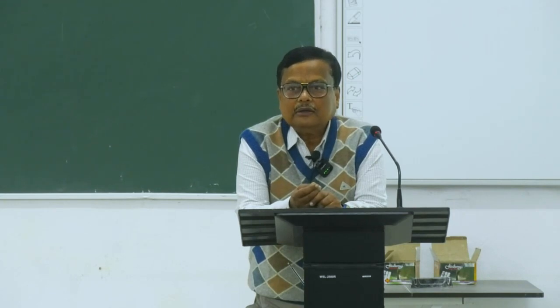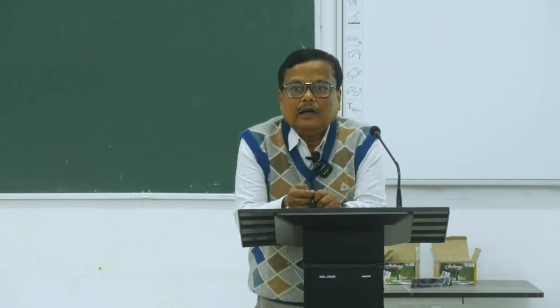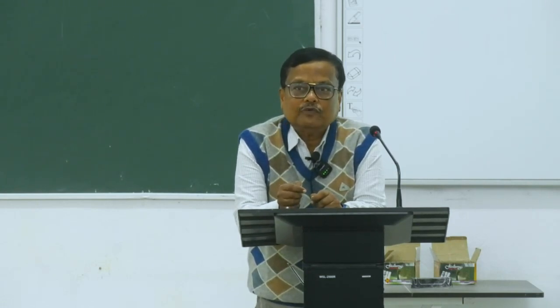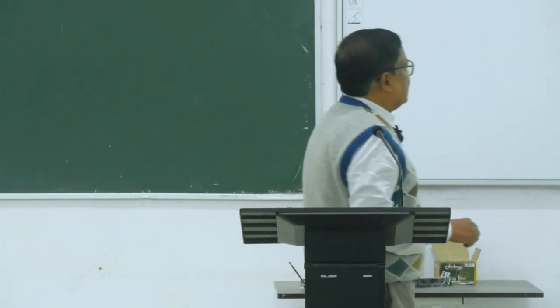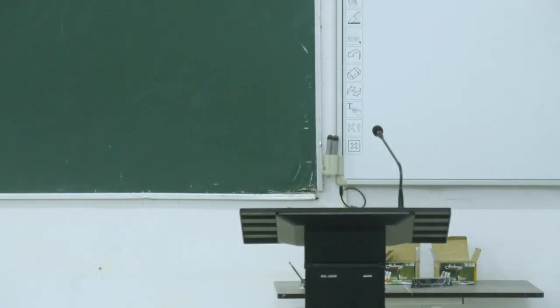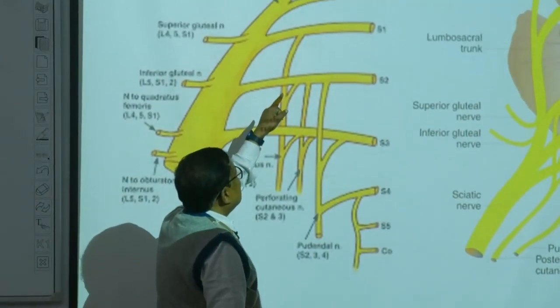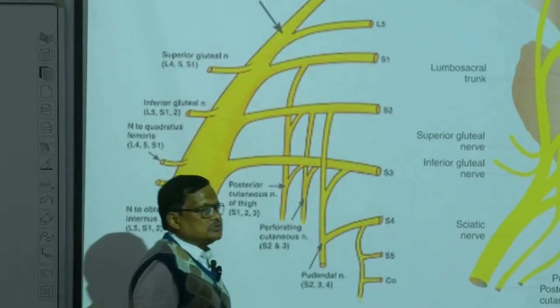So, the lumbosacral trunk is formed by the L4 and L5 nerves, which passes in front of the sacrum and joins with the S1 nerve. The S1 nerve then divides anteriorly and posteriorly, and joins with the S2, S3 and S4 nerves to form another plexus known as the sacral plexus. So, the sacral plexus is mainly formed from the L4, L5, S1, S2, S3 and S4 nerves.